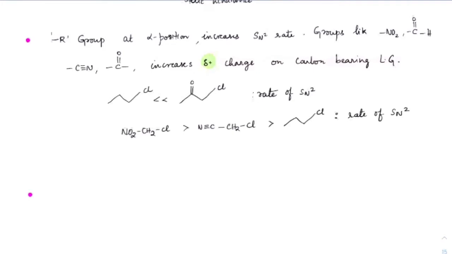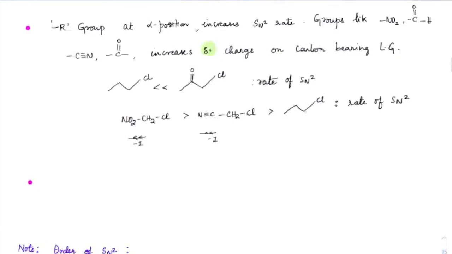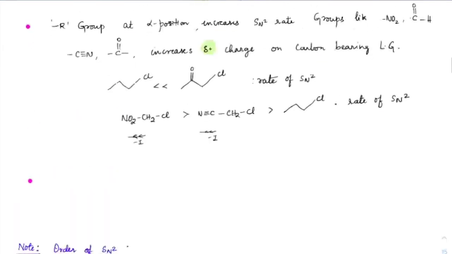In short, NO2 has strong -I as compared to that of CN, and the other group has no -I effect, rather there is only +I effect. So I guess you understood the second pointer also. In case you have a -R group, there is always a drastic increase in the rate. I request all of you to note that.